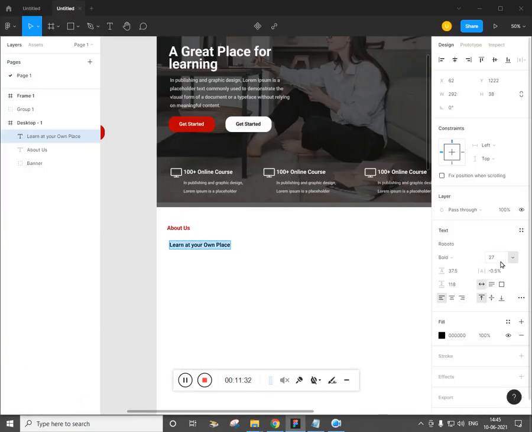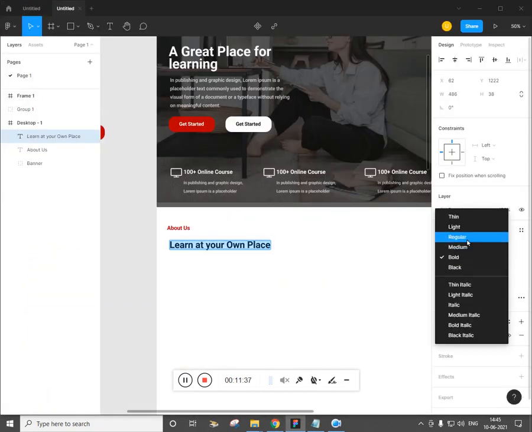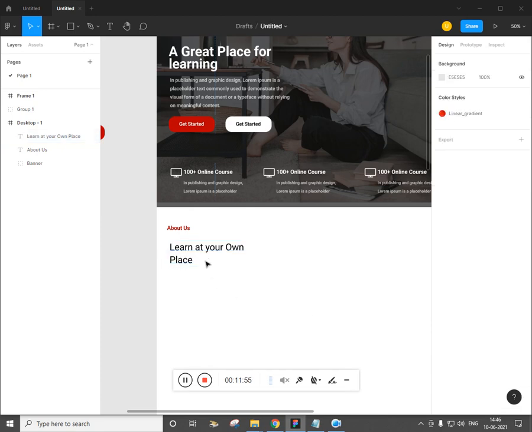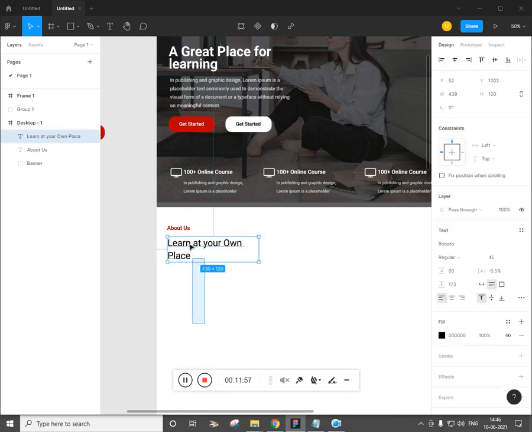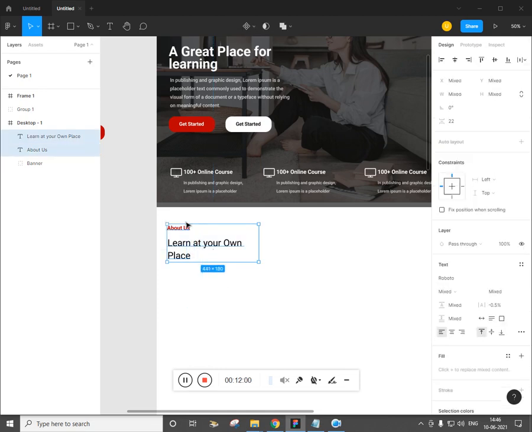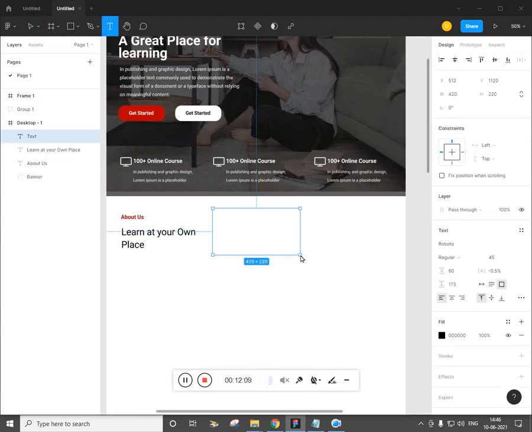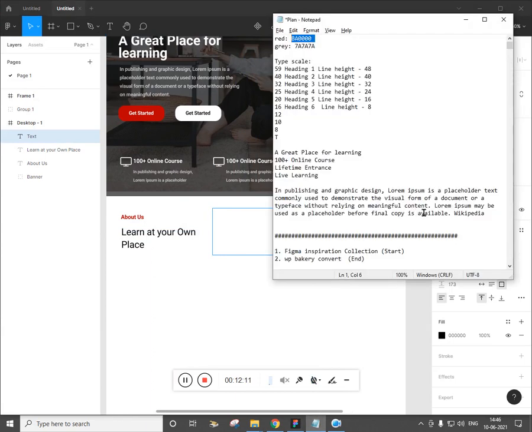Now select all, increase it to 35 or 45, and make the font weight regular, and make this a little smaller, and select this and increase the line height. This is line height actually, and properly place it. Now you just need to type T, create a box, and paste the text